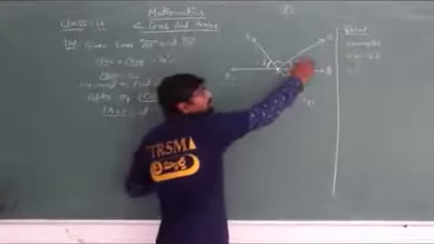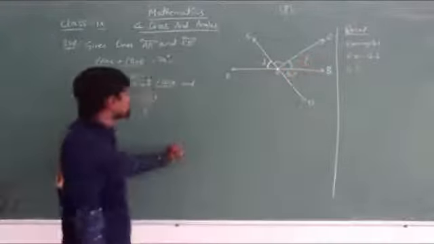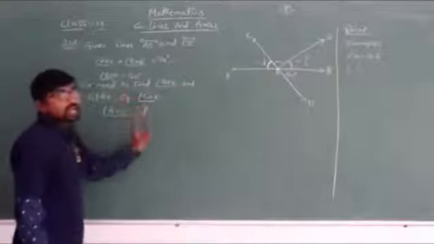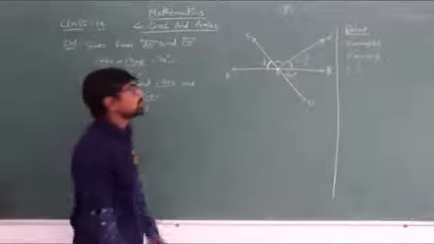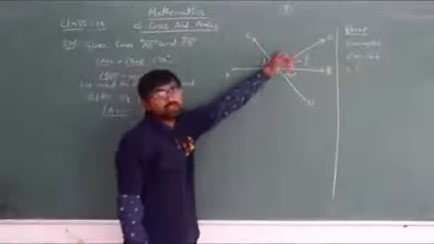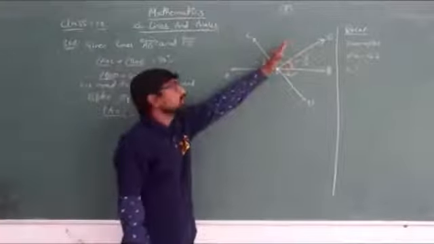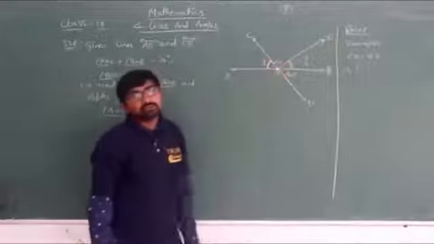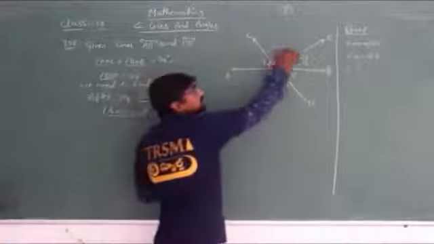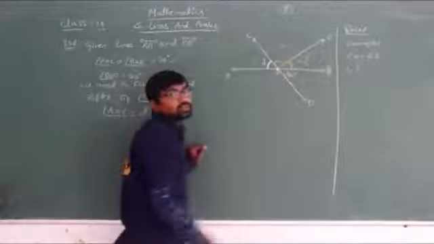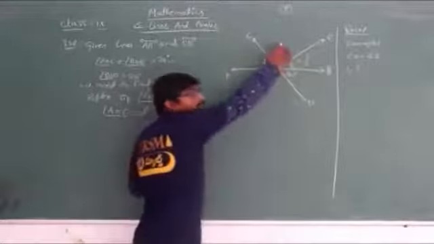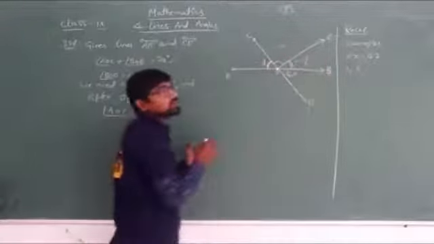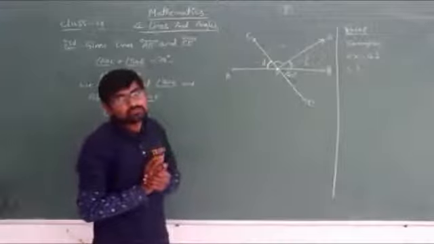First we need to find this angle BOE, and after that we need to find the reflex of angle COE. What is reflex? Half of this, the remaining angle you have to write. This is the COE angle, but we don't need to write COE, we need to write the reflex angle, so we need to tell the total value of the remaining part, okay.